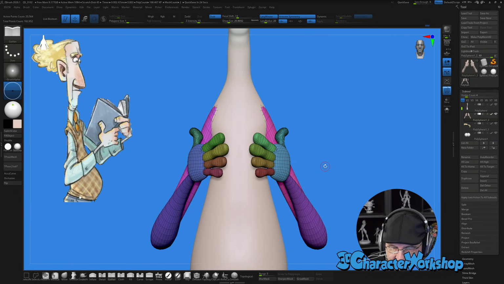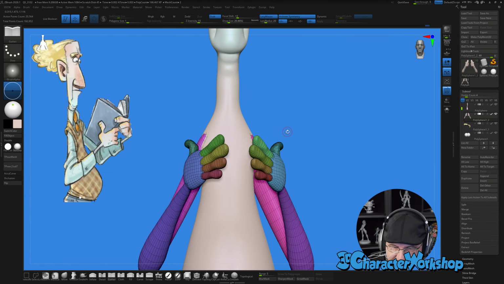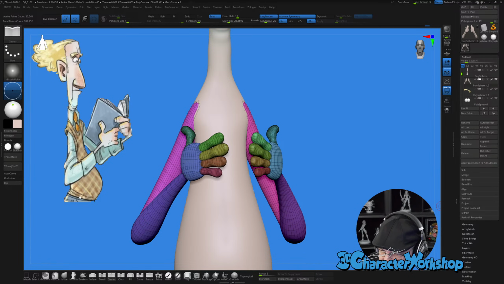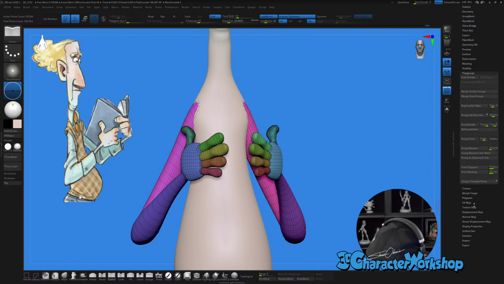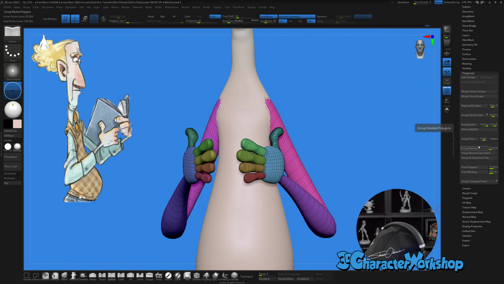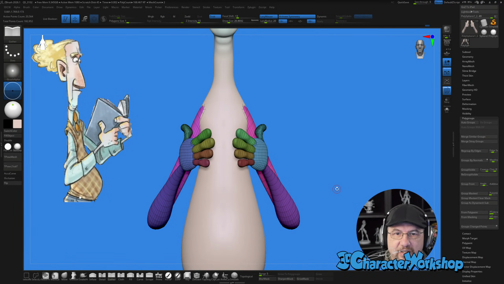Okay, this is really funny. It looks like they're in the same colored groups, but they're actually not. They're different. But what I can do, I don't even know if this is going to work though, because these fingers are the same poly count. So what I was going to do is merge similar groups. But yeah, see, it did the same thing with the fingers.